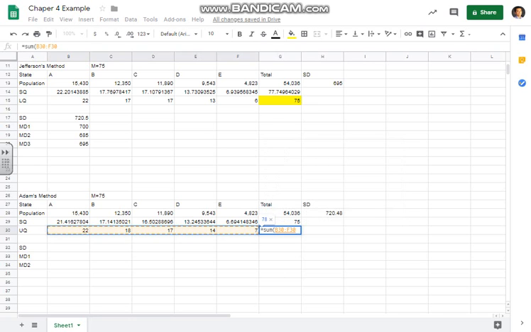Now again, I highlighted that spot right there because I want my upper quotas now to add up to 78. We're only supposed to have 75. Right now we're at 78. So remember, this is too big. This is bigger than the number of seats. So I need to guess bigger than 720.5. I'm going to keep track of 720.5. And I'm going to guess bigger than 720.5. I'm going to guess 745, right? That's a little bit bigger than 720.5. So again, I type 745 over